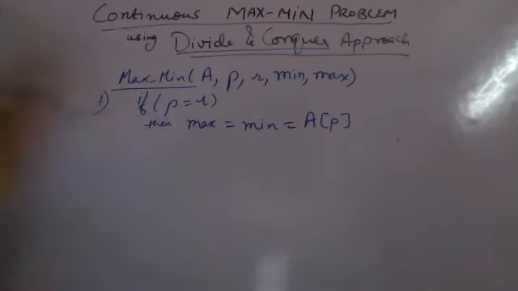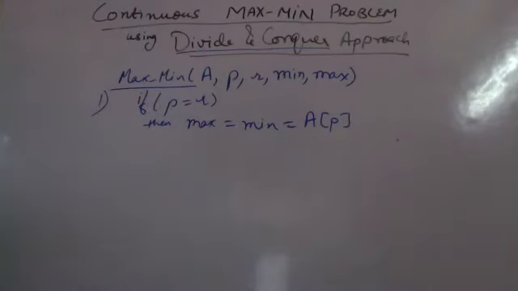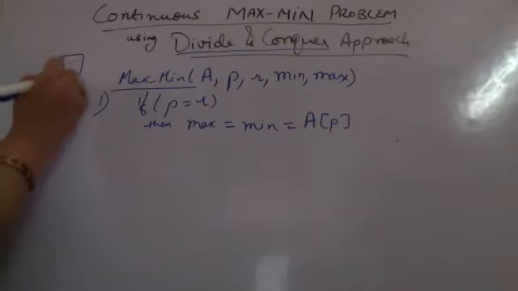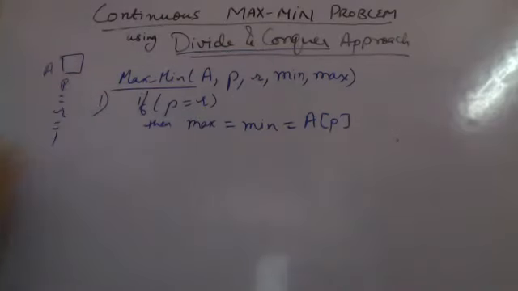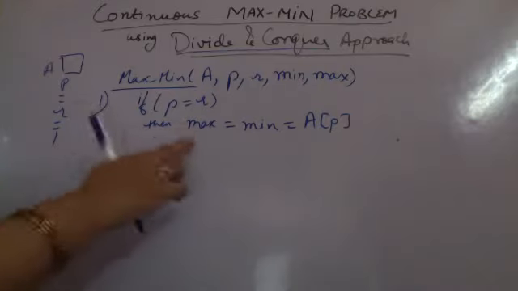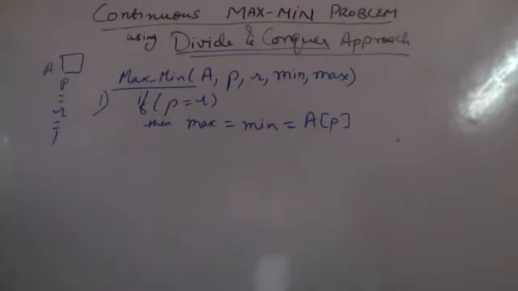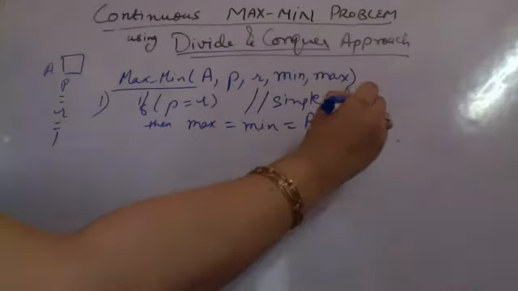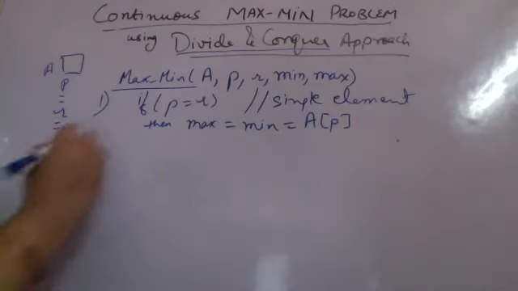So the first condition is... Ma'am, can you just repeat the question? I joined late. I am again saying we are trying to find the minimum and maximum in a given array at the same time. For that, we are now using the divide and conquer approach. First thing, if there is only one element in the array, P is equal to R, then maximum and minimum is that element itself. First case, single element in the array. We have divided it till we have reached the single element.